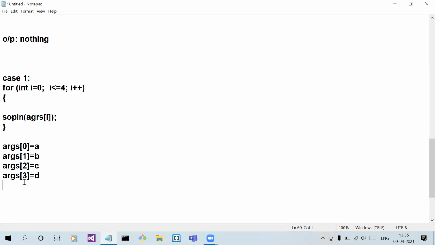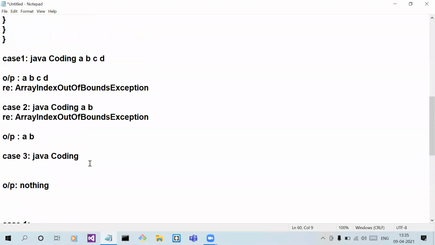But where is the value? There is no value of args[4]. That's why we will get this error. This is the reason why we are getting this array index out of bounds exception.